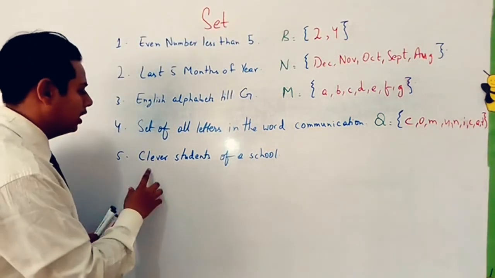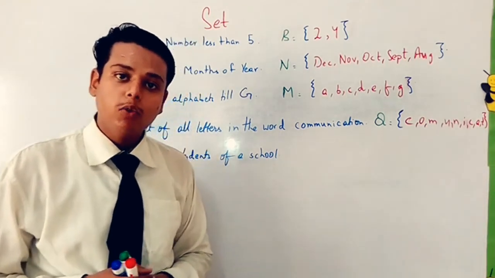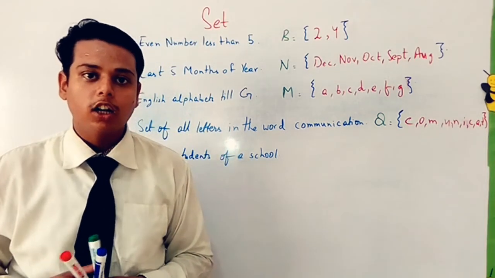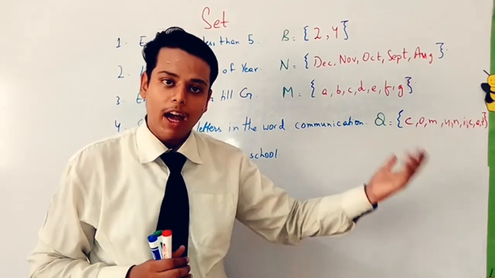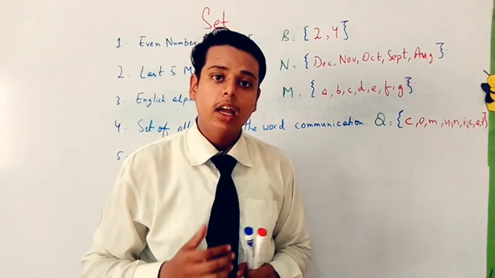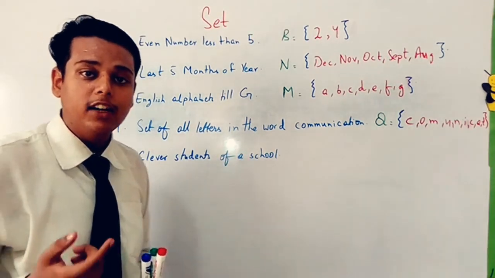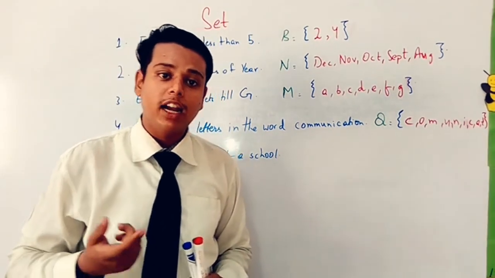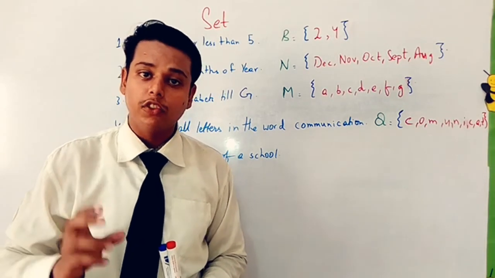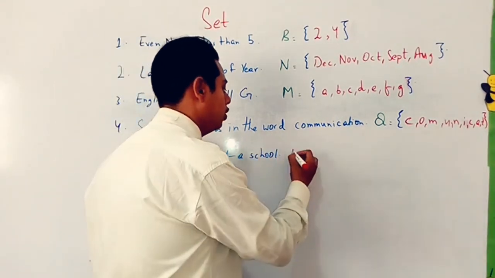Now come to the last one. Clever students of our school. Can anyone define who are clever in the school? Someone may think Ali will be clever, or someone will think Abbas will be clever, or someone will say Omar will be clever. But in clever students, it cannot be defined who is. It is not well defined. इसके अंदर specify नहीं है कि कौन clever है. इसके अंदर confusion है. So we cannot make a set of this one. So I will just write no over there.